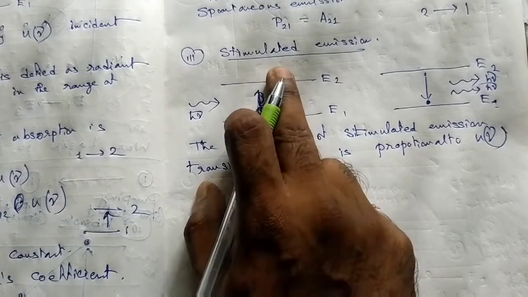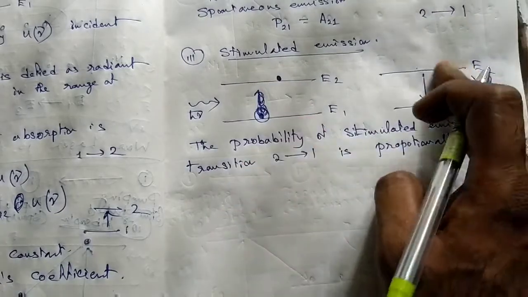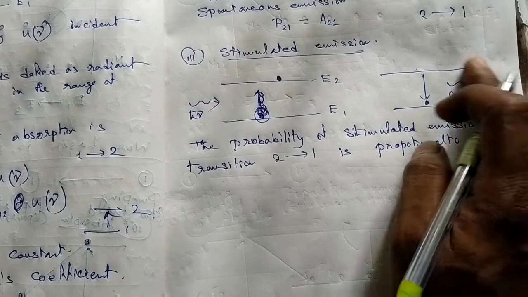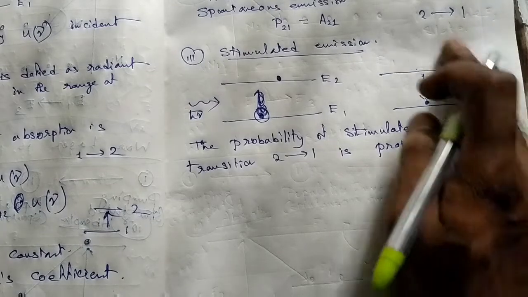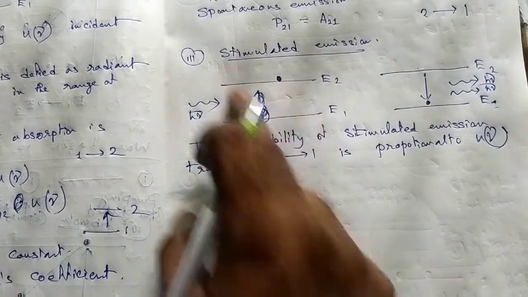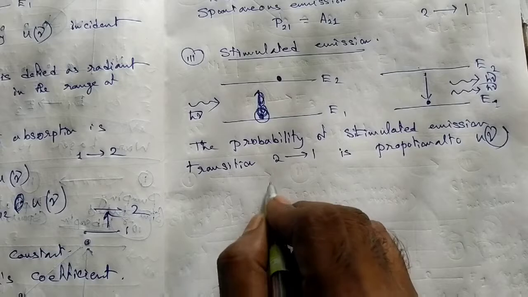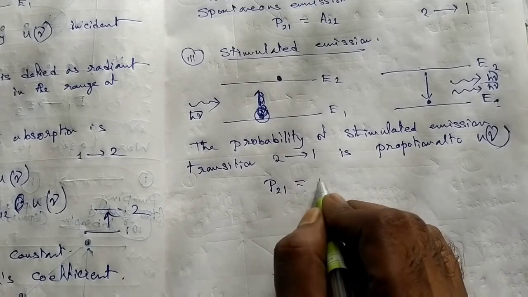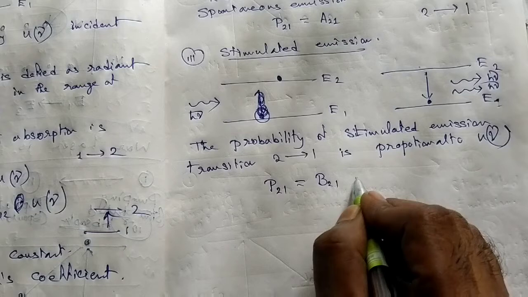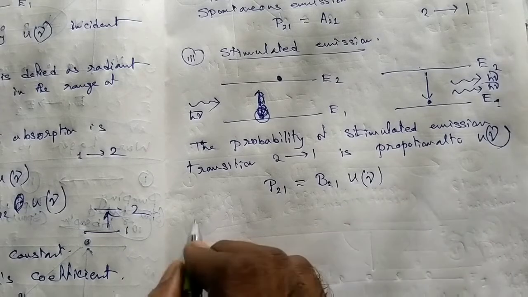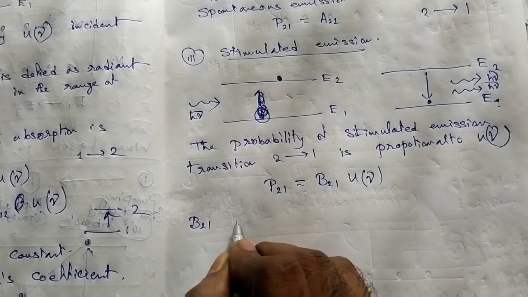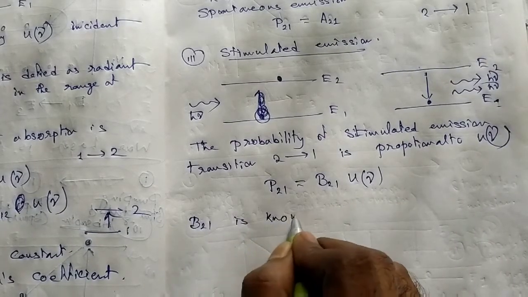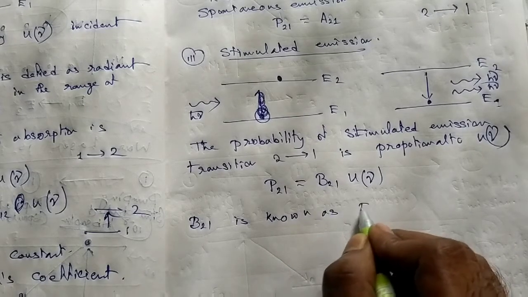That's why it jumps from E2 to E1. That's why 2h nu exits from this whole transition, and this method is known as stimulated emission. And P21 is equal to B21 U nu, where B21 is known as